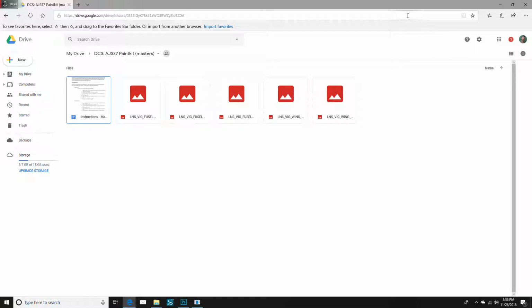Today we're going to talk about editing the liveries for the Viggen. This is not a how-to-create-liveries tutorial. I'm going to skip over a lot of those sorts of details. What this is really about is specifically working with the Viggen's files, and you're going to quickly see if you haven't already. I'm guessing if you searched for this, you probably did because you ran into the same problems everyone